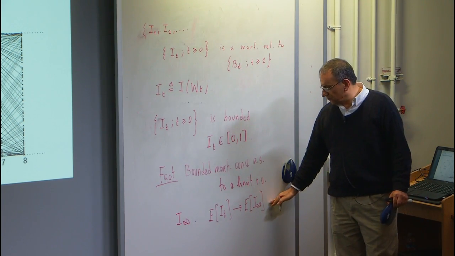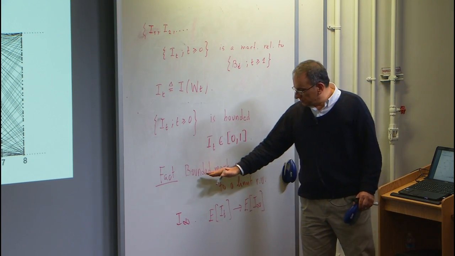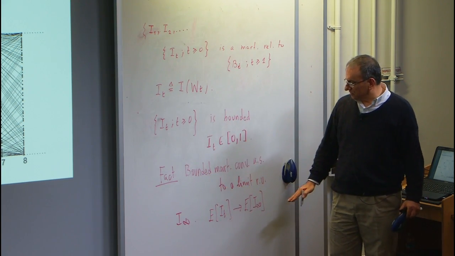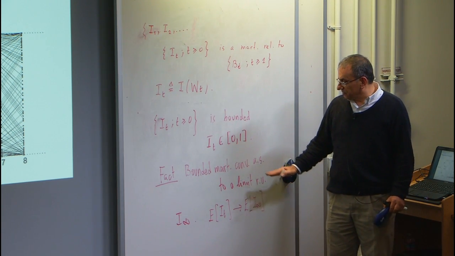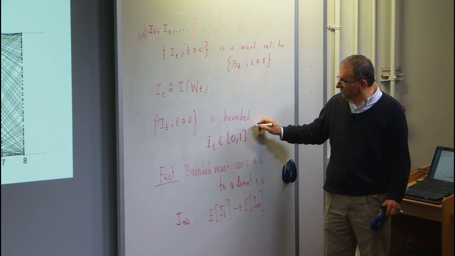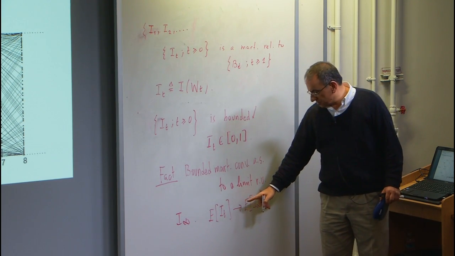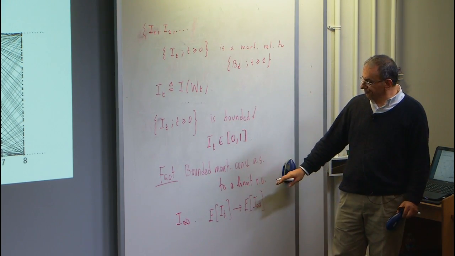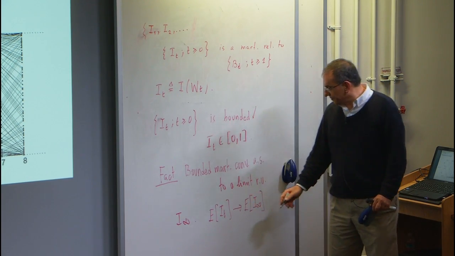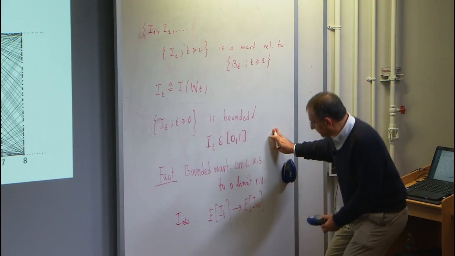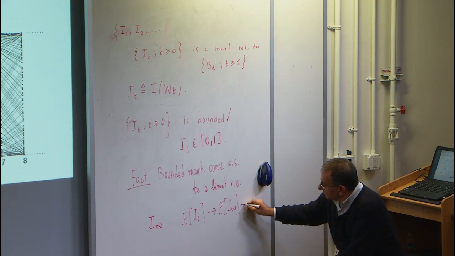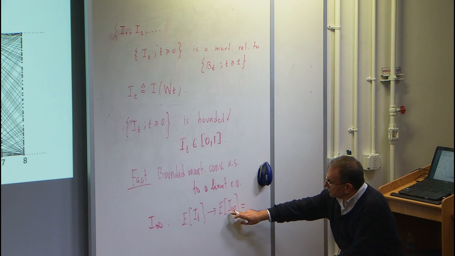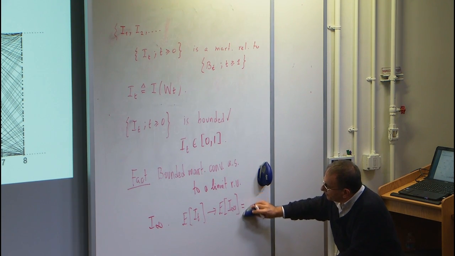This is L1 convergence. If the martingale is not a bounded martingale, this is not true always. So you have to have the fact that it is bounded, which helps us also make this statement. Okay, so the expectation of I infinity, after you show that it can only take the values 0 or 1,